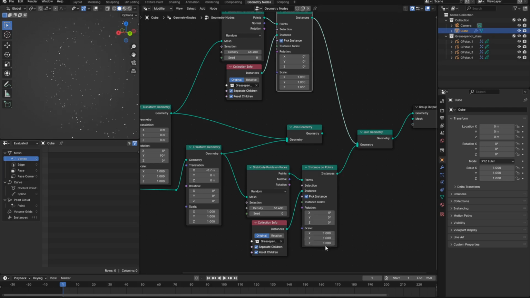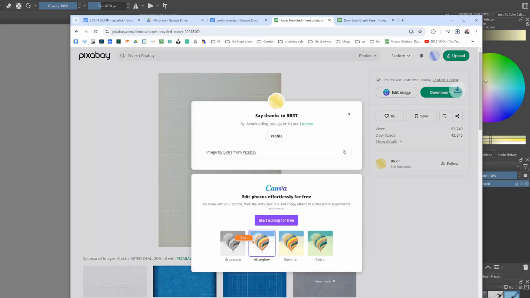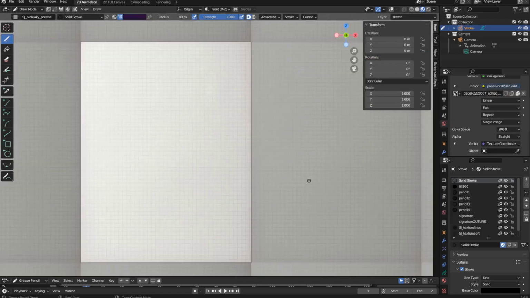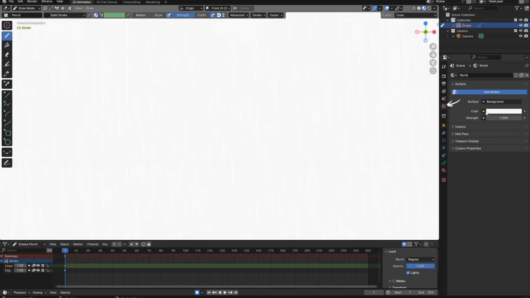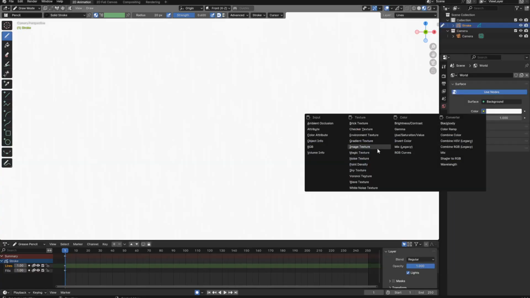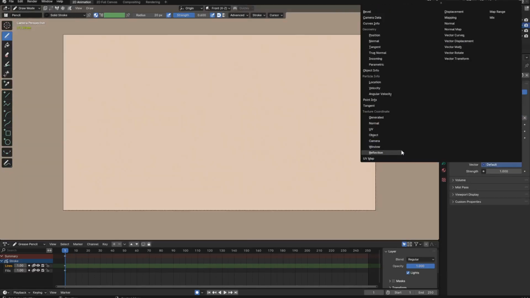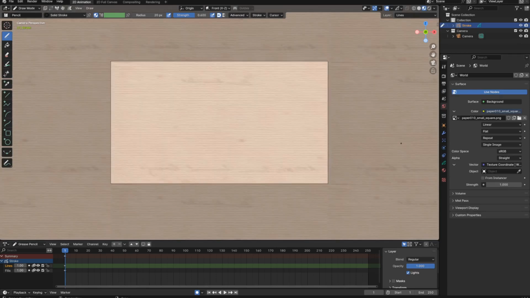But here I just needed a Geometry Nodes palette cleanser, so I decided to switch to painting for a little while. I had the urge to use graph paper as my paper texture background for this piece. So in Krita, I modified this image that I found online and then put it as my background image. I do this in the World Properties tab. Just change the color to image texture, open up your image, and change the vector to window. Now your paper texture fills your camera view.